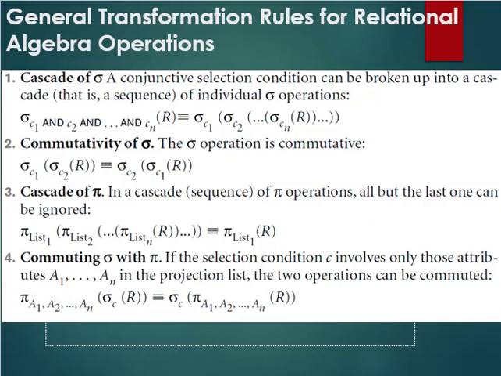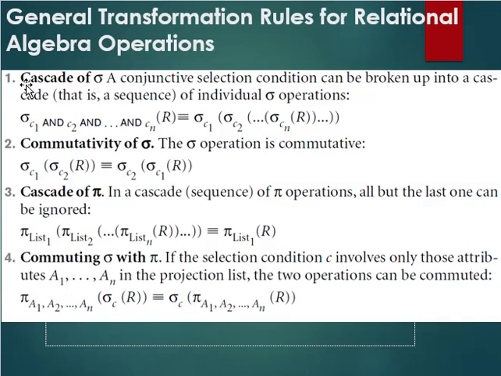These are general rules we can use for doing this heuristic optimization, but what is given in this slide is not as important as the heuristic optimization process. You just need to know some operations that can be used in heuristic optimization. We can do cascade of sigma. As we study different properties in mathematics, we need to know this type of properties, but basically it is not used in our heuristic optimization process, but study this.